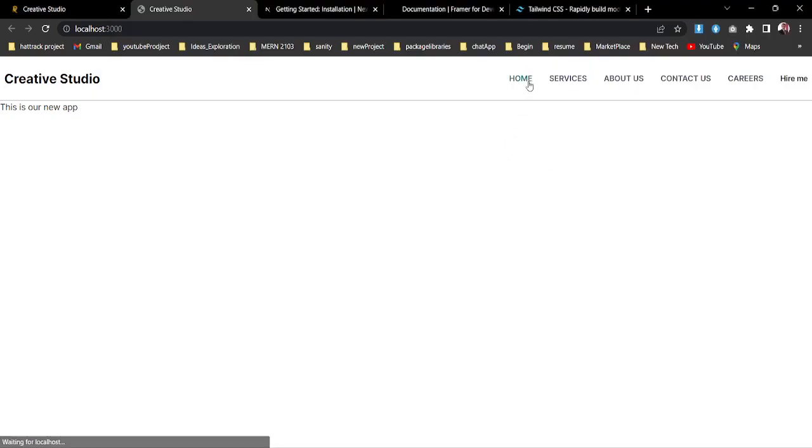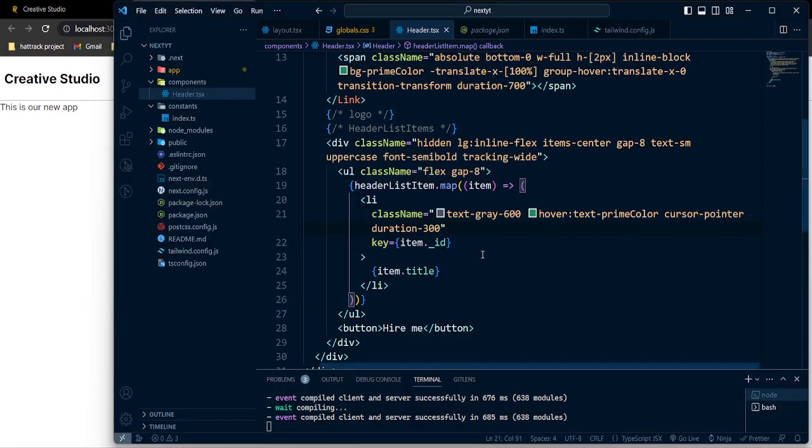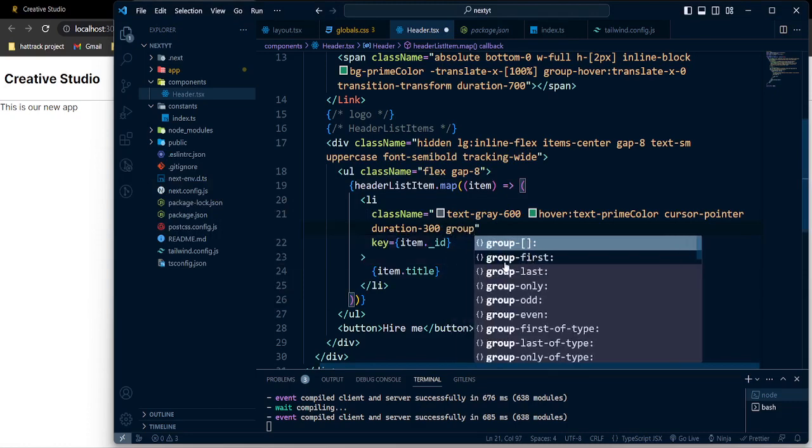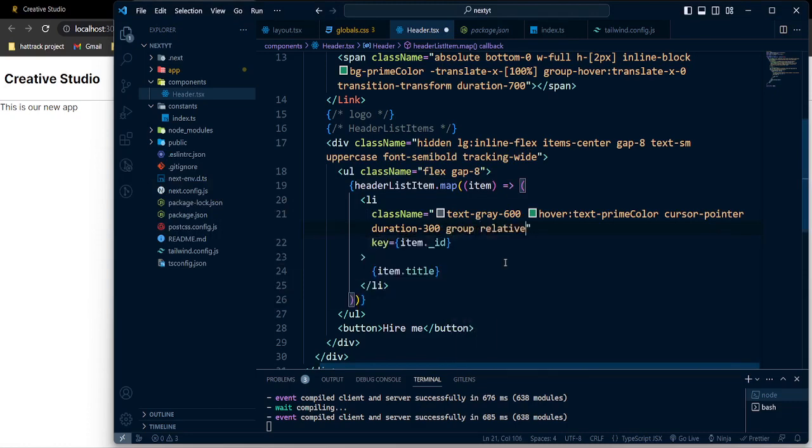So whenever we are hovering, as you see, those things are changing. So now also we need to do another thing. What I'm gonna do, I'm gonna make this entire div as same the way we did it before. We'll make it group, and also I'm gonna make it as relative,